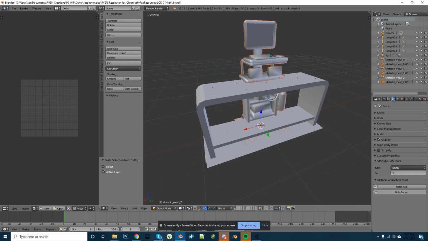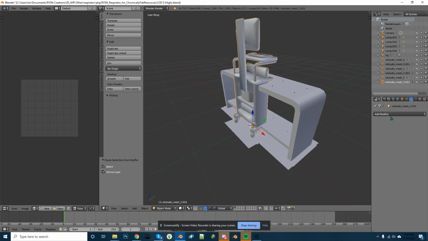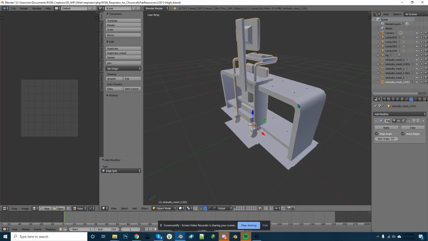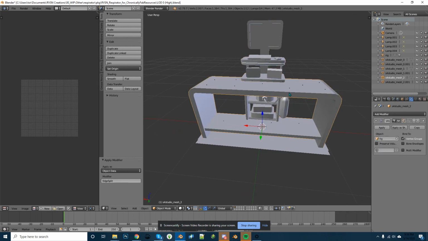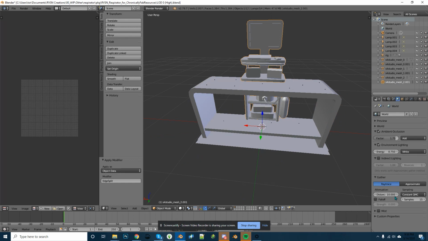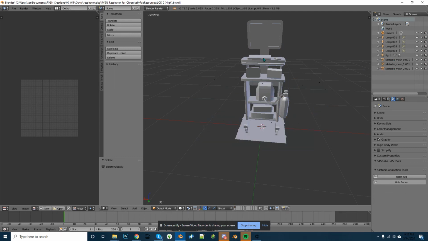Oh, okay. So since I removed doubles, I don't know if you remember that. It looks all kind of wonky right now. So a quick way to fix that, just go to edge split. So now you can see it looks more normal. All right, so now we want to get rid of these original items in here. So we'll just get rid of those. And now we have our